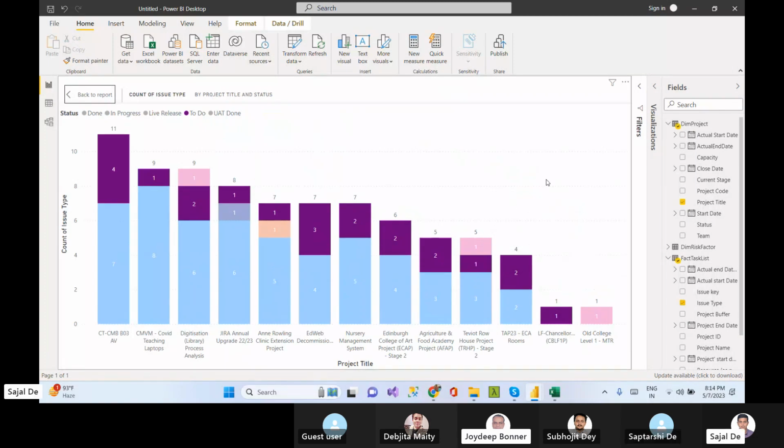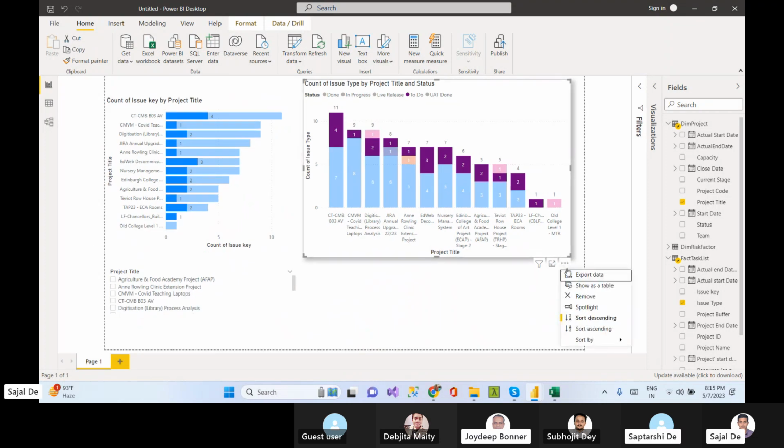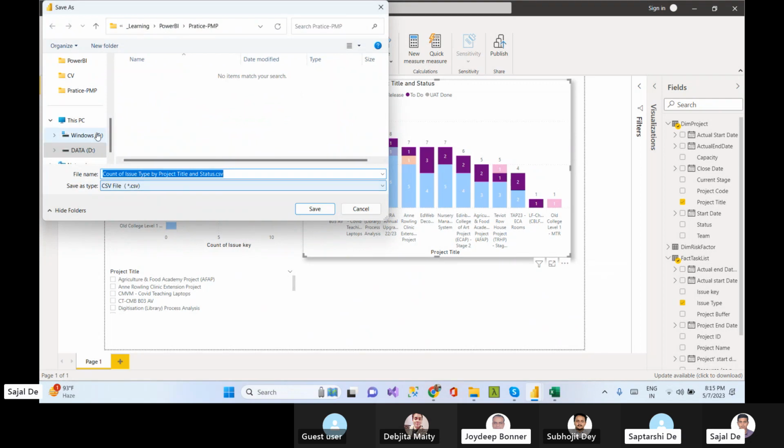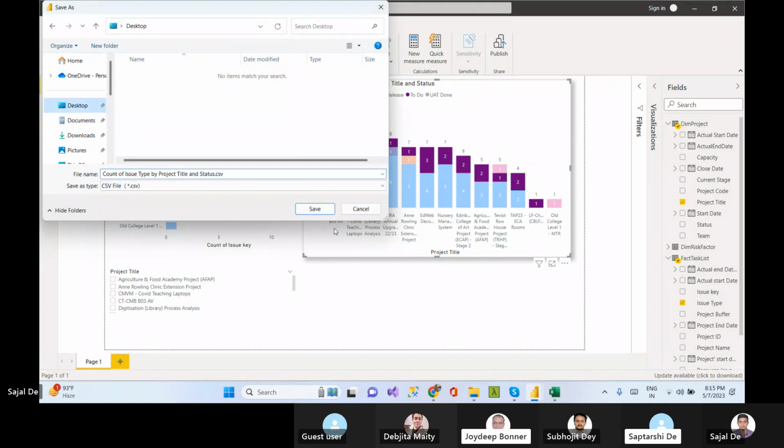Right. We can import these things. We have the option of export data. We can export the raw. Just click here, just click on the CSV, save as type Excel, do it. CSV is